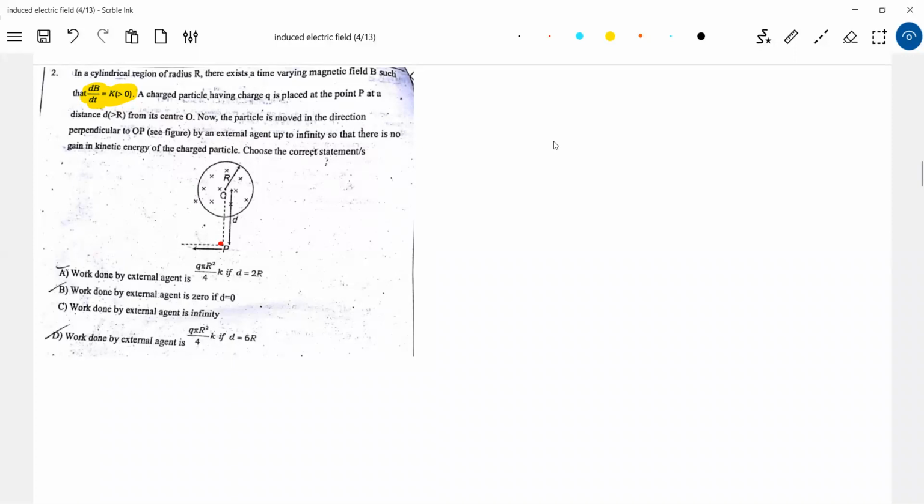What is the formula? Work done by an external agent in moving a charge from one point to another point in an electric field is charge times the potential difference between the two points. Or shall we go for work done equal to F dx, and what is F? F equals qE. So you must analyze all possible options. F dot dr, q E dot dr. Do we know the induced electric field outside? Yes, we know. So try to see whether we can really use this.